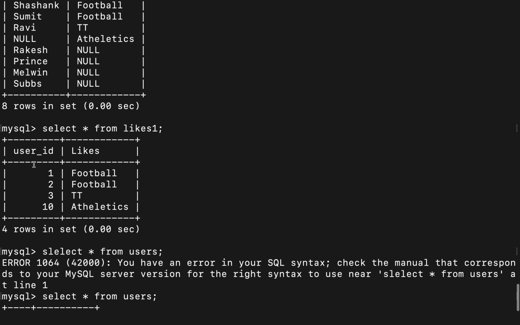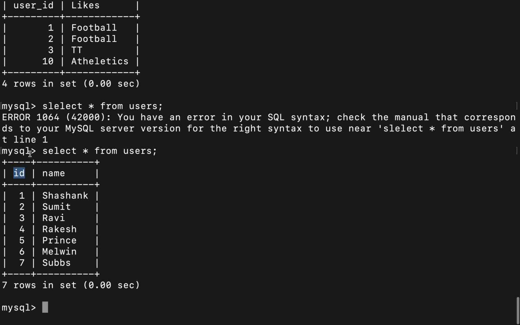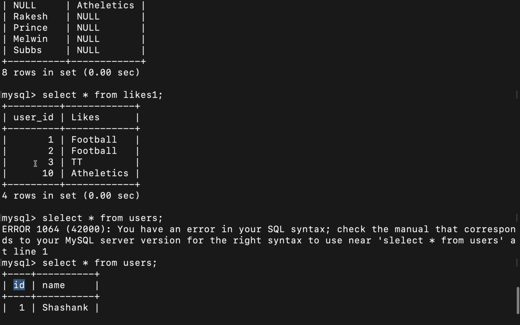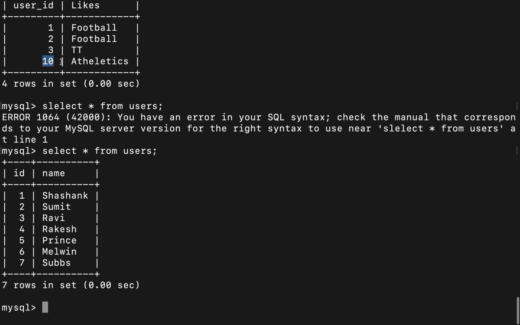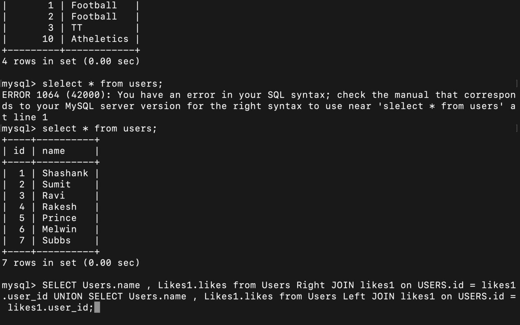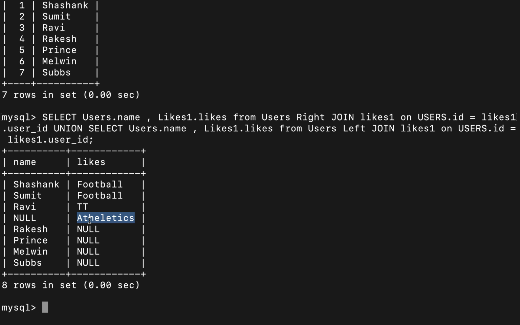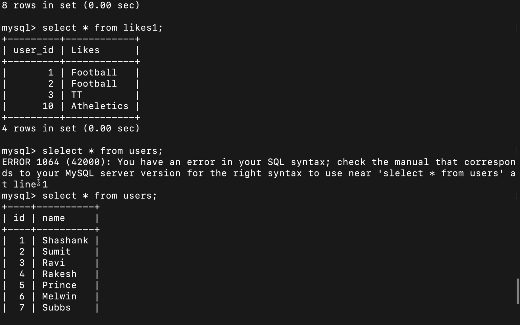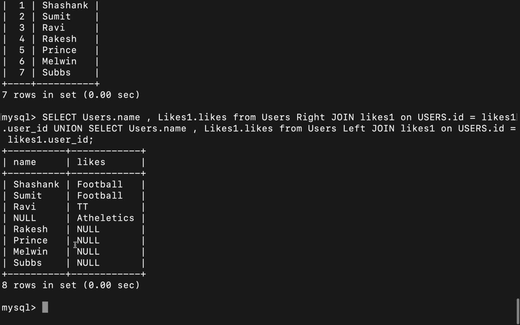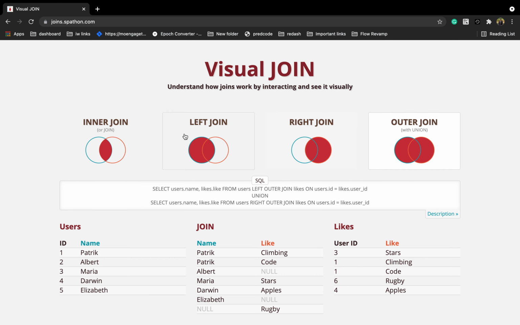ID is in left side and user ID is in right side. So we'll include everything. Here in left side 10 is there, 10 athletics, but in the left side 10 is not there. So that's the reason why if you perform outer join, in right side athletics is there, but in the left side there is no name, because corresponding to ID 10 there is no name, because only 1 to 7 IDs are there, right? So this is how it will work. So it will include everything.